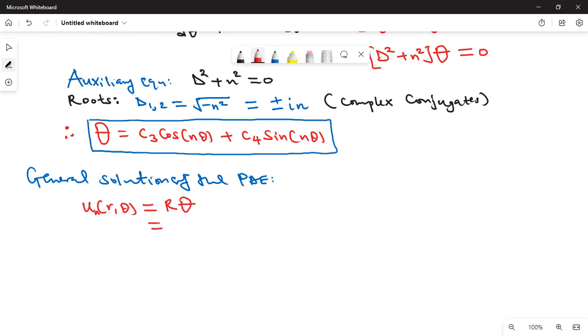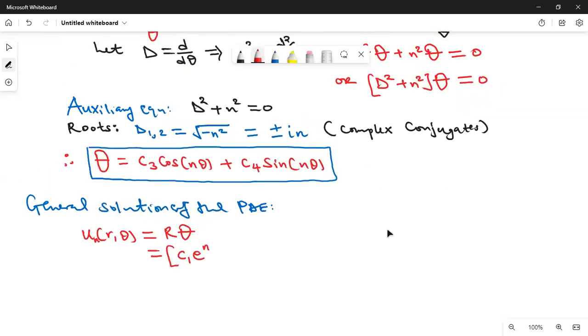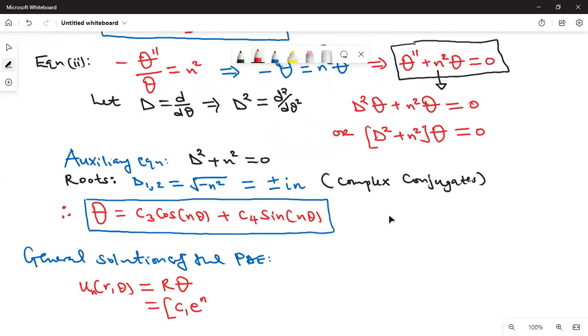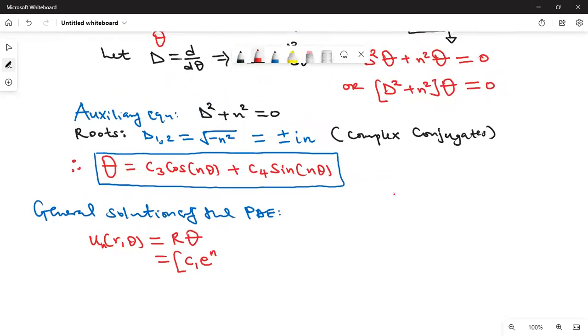If I replace, our R was C1 r raised to n, not exponential, C1 times r raised to n plus C2 times r raised to negative n,